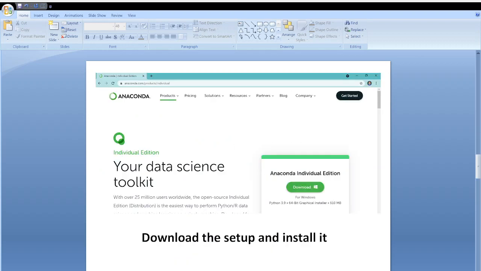Once you do that, you can download the latest, updated version of Anaconda from here. Then it's very simple. You have to download the setup and then install it.